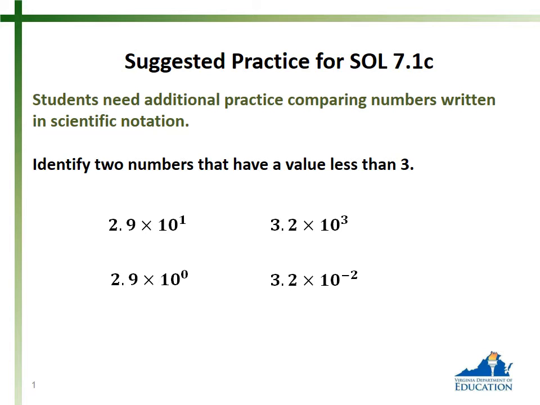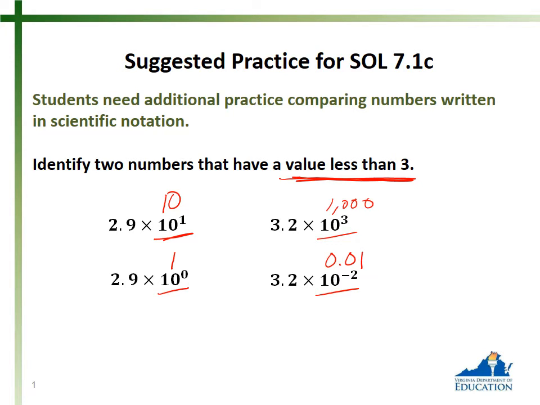So this practice is on scientific notation. We have to identify two numbers that have a value less than 3. In this, I'm going to take a look at the exponents first. I can say that 10 to the first power would be times 10, 10 to the third power would be times 1,000, 10 to the 0 power is 1, and 10 to the negative second power is 0.01